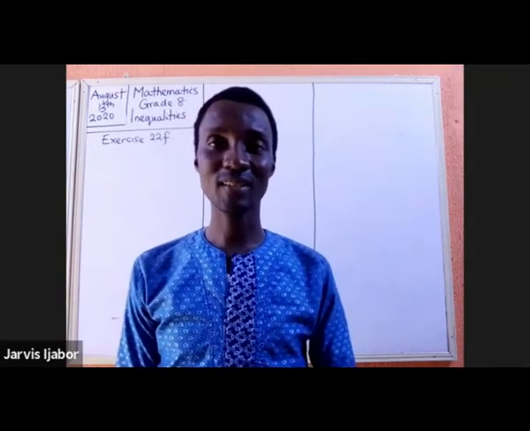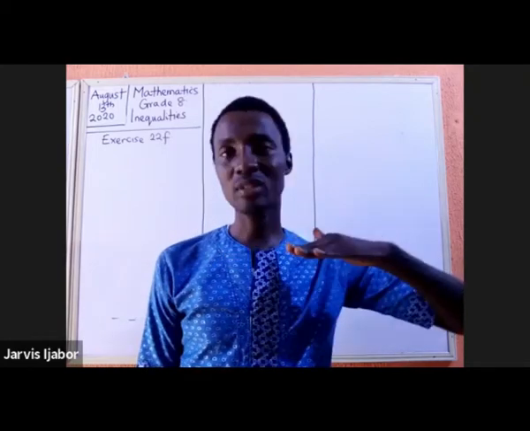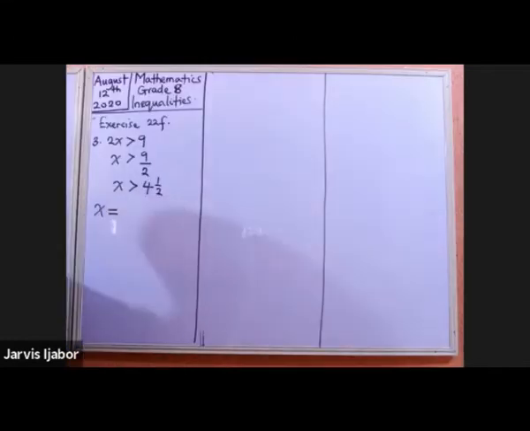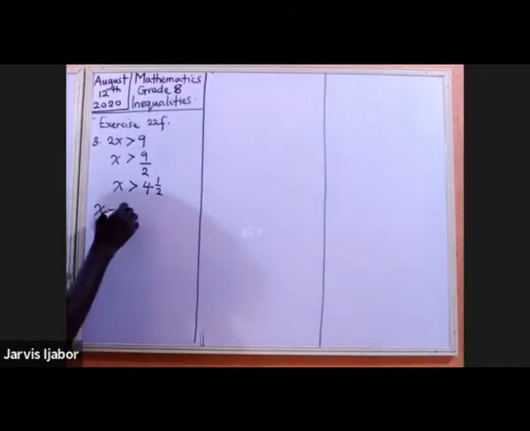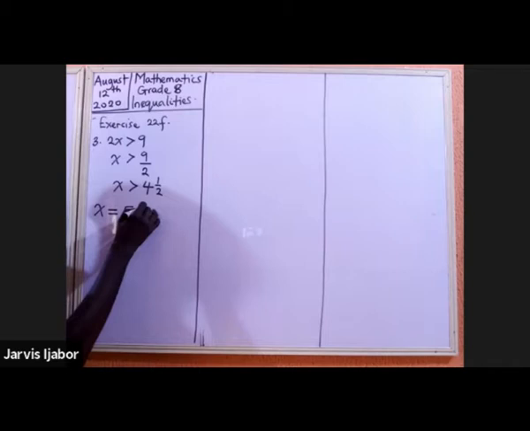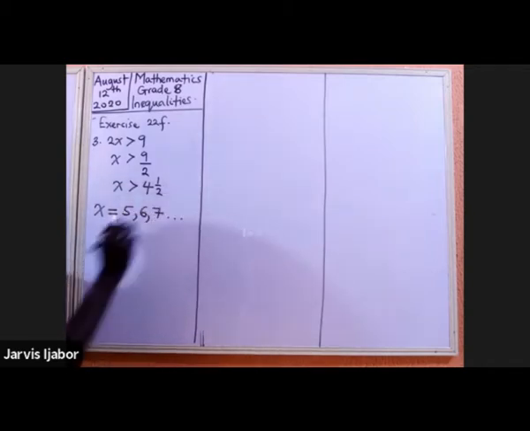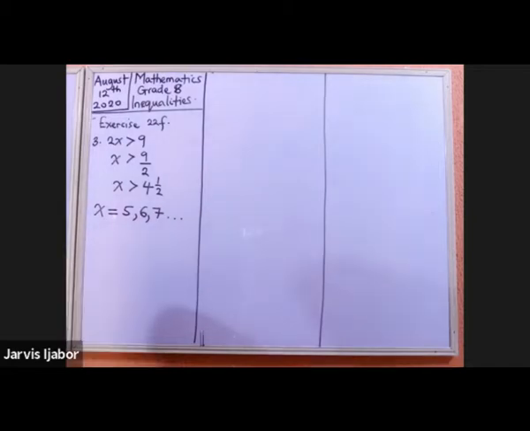All right, so I'll start from exercise 22F. The next number after 4.5 is 5. X could be 5, X could be 6, X could be 7, dot, dot, dot. That's all you need to do. Then for question 4,